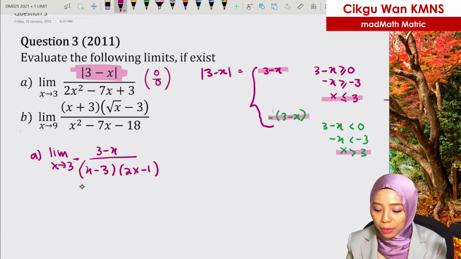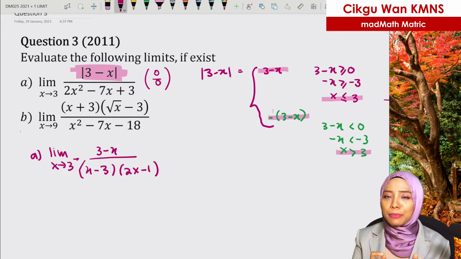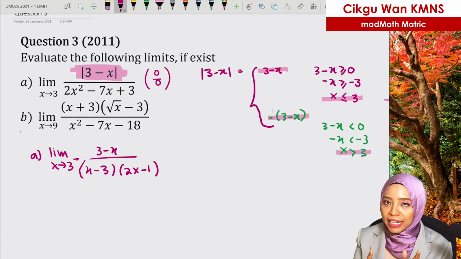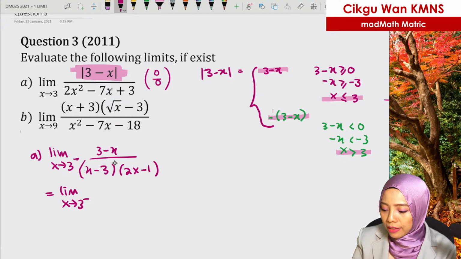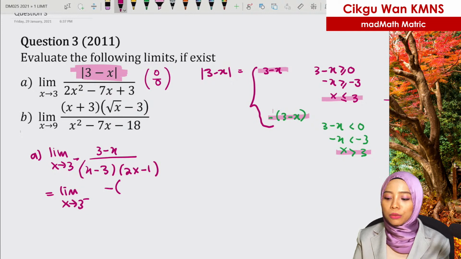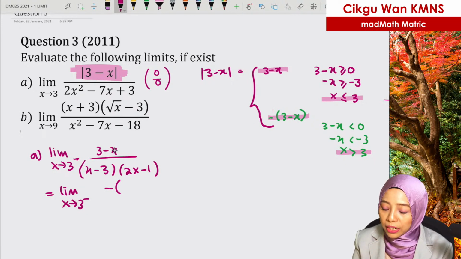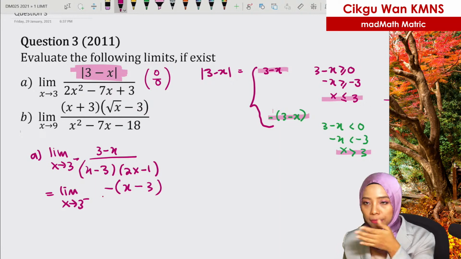Okay, again, top and bottom, are they equal? Are they the same? No, but by doing a little bit of adjustment, you will get the same by taking negative out. So the limit as x approaches 3 from the left of 3 minus x. We are taking negative out. When I take the negative, I like to put x at the front, usually we put x at the front. So once I take the negative, it becomes positive. And then this is positive, so I need negative so that when I expand, I'll get positive 3.